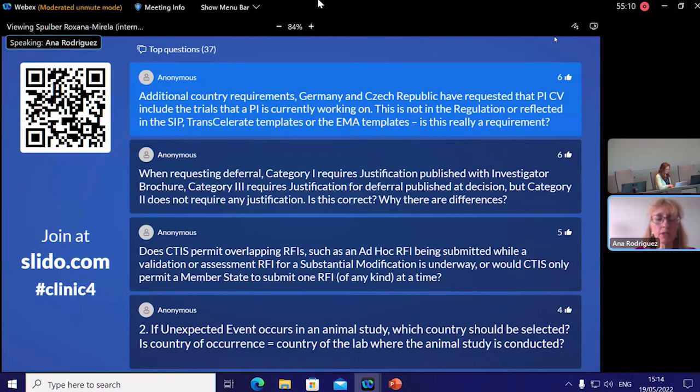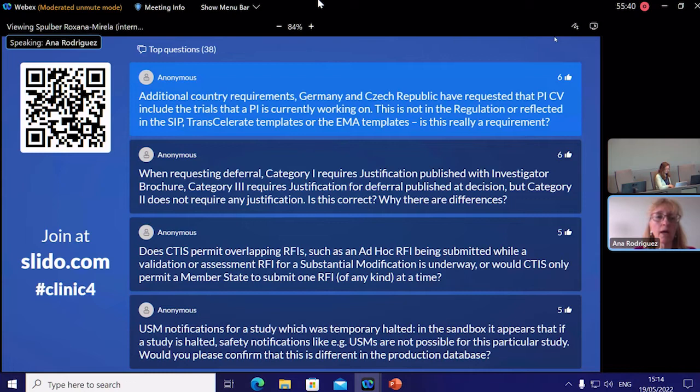It has been the Commission in the Eudralex Volume 10. I'm not sure if you refer to those, but my advice is that you refer to the question and answer that is published. Not the question and answer. If you go to the Eudralex Volume 10, to the section linked to the clinical trial regulation, the Commission has published several templates, and one of those is the one related to the principal investigator CB,